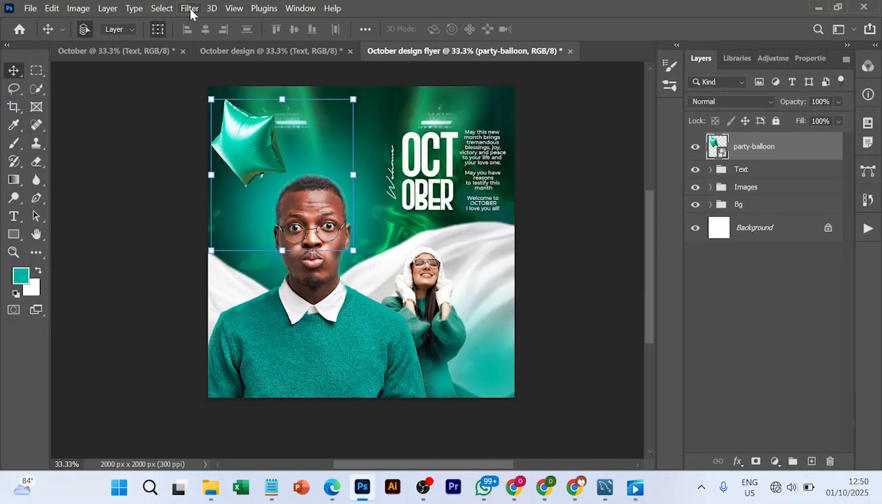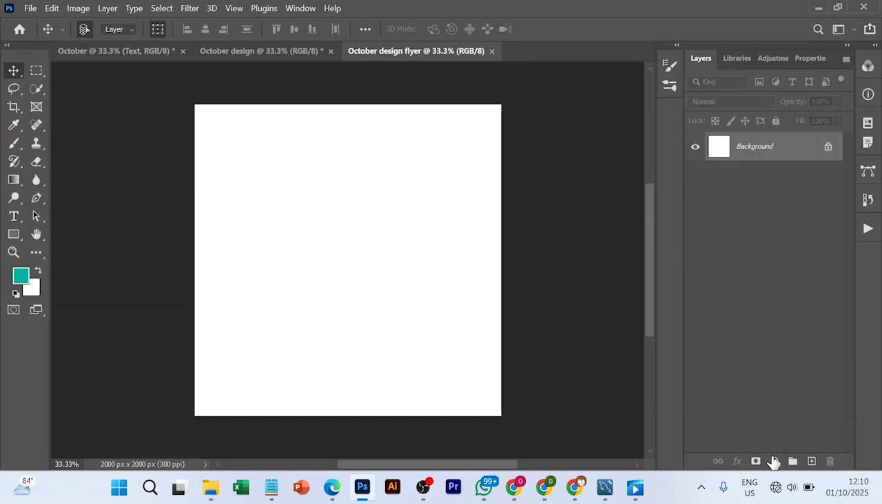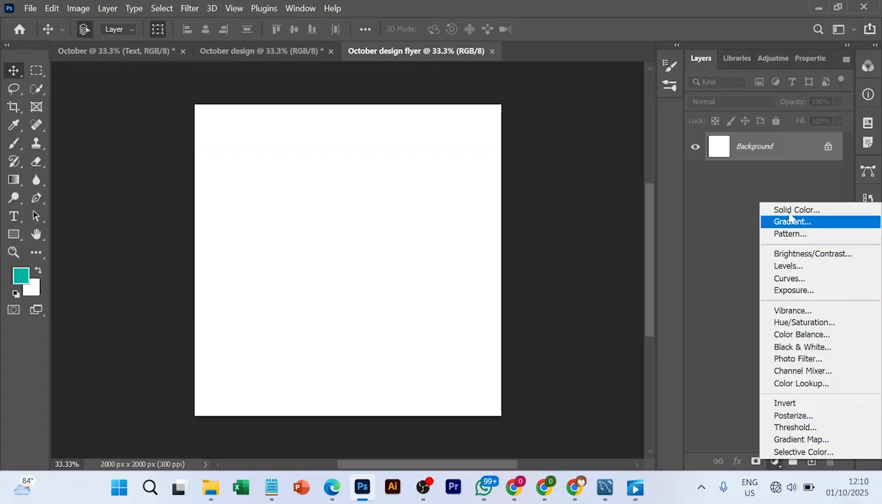Let's get started. So we start by giving our project a name, and we are going to name it October. We will go by these settings. When you are done with that, then you click on create. Alright, so we firstly work on the background,